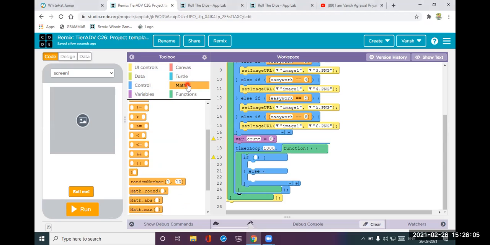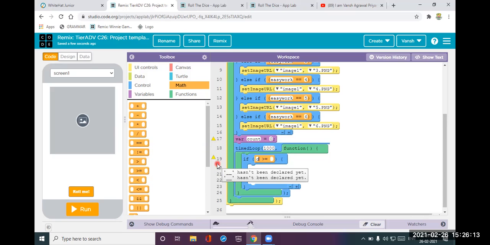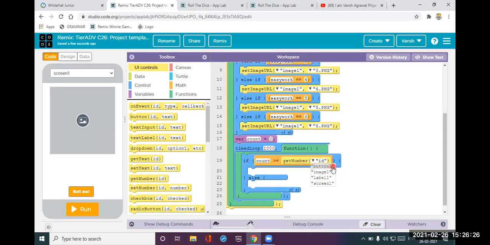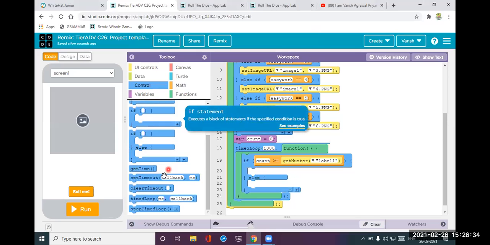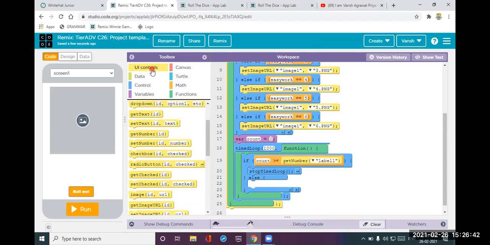So if count value is greater than or equal to, where is that? Yeah, here it is. If count value is greater than or equal to the get number, the number we get from label 1, then it should stop the timed loop over there only. It should stop the timed loop. Else what should happen is that count is equal to